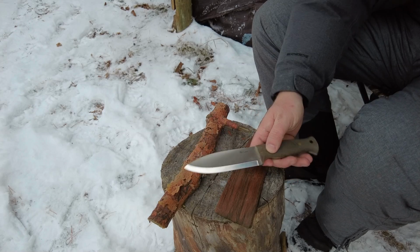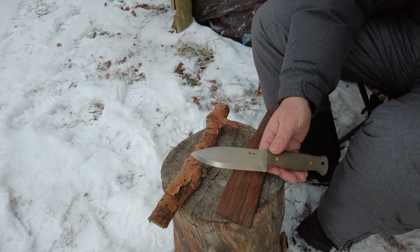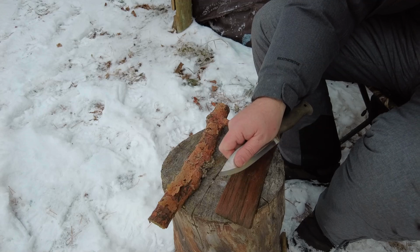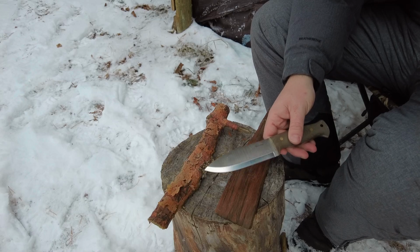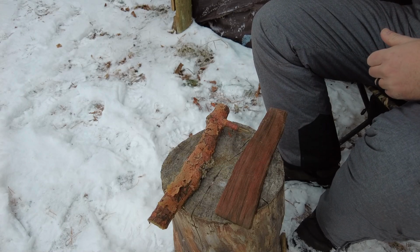But this blade is not perfect for everything. When it gets down to small detail work, using a bigger blade like this in the wintertime is just a bit risky if you're not careful. There's ways that you can choke up, and I am very familiar with how to be a little bit more safe with this, but there's just a lot of edge exposed. So very often with smaller tasks, I'll put that one back in the sheath